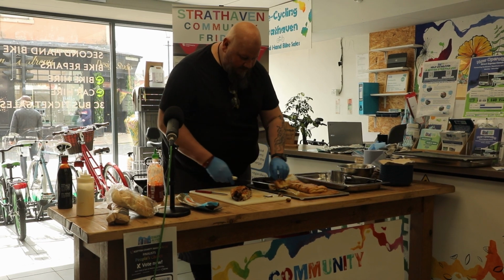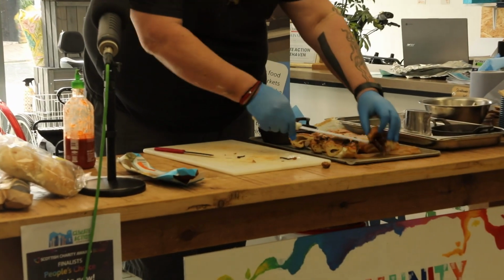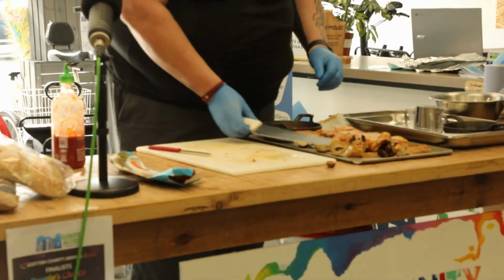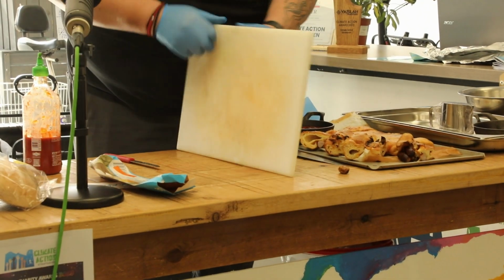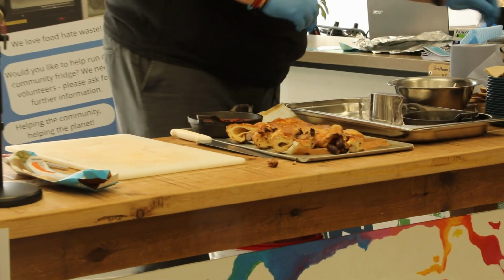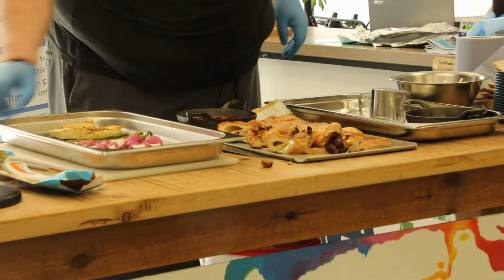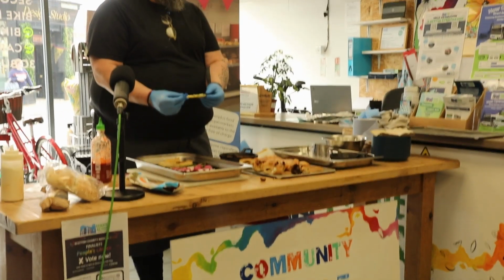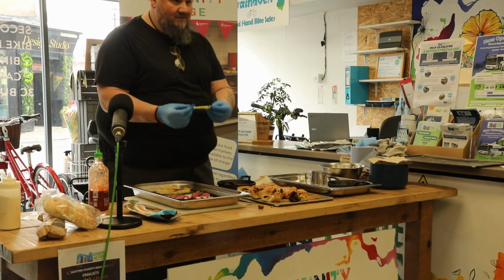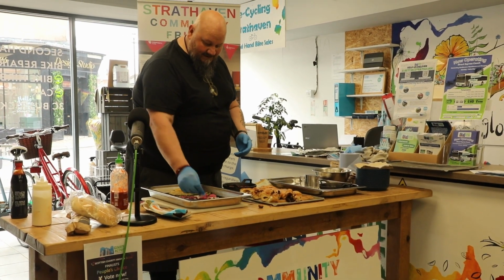A lot of the time with the community fridge, you're given ingredients that are random. Asparagus isn't random. Everybody knows what to do with asparagus. Spring onions, a lot of people turn around and just chop them up, sprinkle them in salads. We like roasting them across the road because they then go into a really nice salad. And these little bad boys,